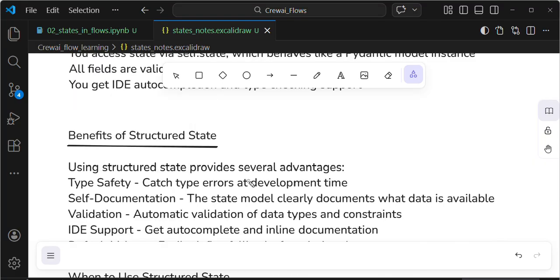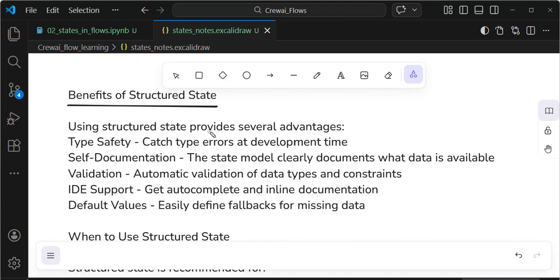Benefits: using structured state provides several advantages. Type safety: catch type errors at development time, safe development. The state model clearly documents what data is available. Validation: as I already said, if you are using structured state, it will check type safety and perform validation. These are the two important things. There is also automatic validation of data types and constraints, auto complete and inline documentation, and you can easily define fallbacks for missing data.